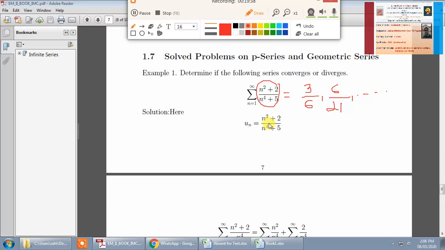So you will find its nth term is given by (n square plus 2) divided by (n raised to 4 plus 5). Now let me separate this out. I am having here n square divided by